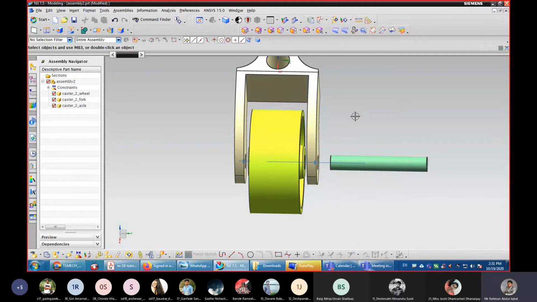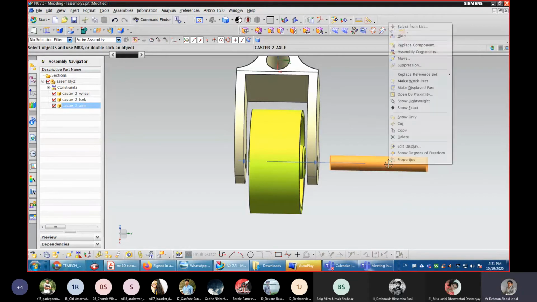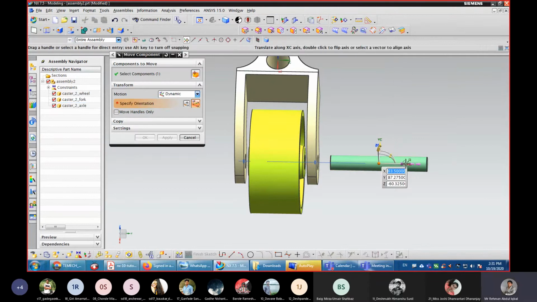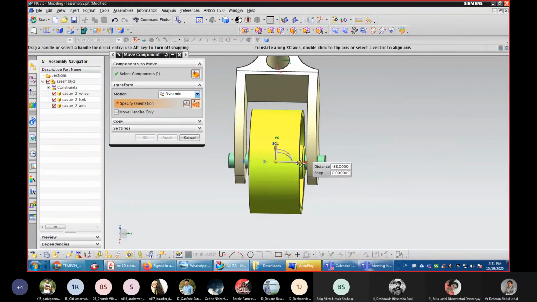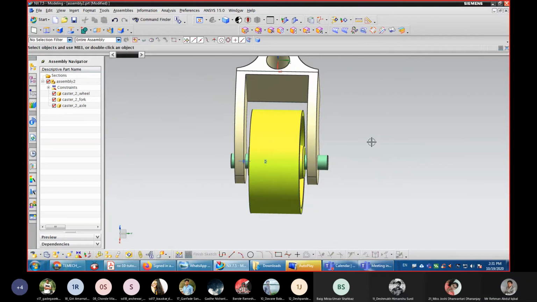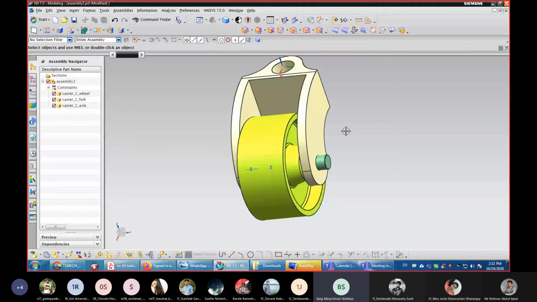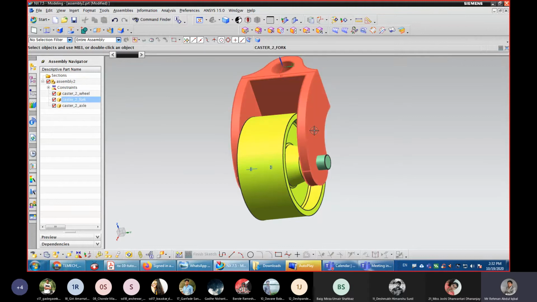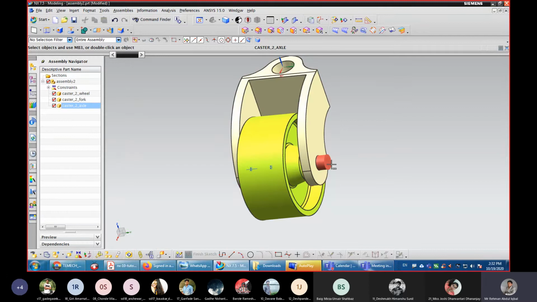82 minus 69.85 divided by 2. Tell me the answer. 6.09. So this 6.09 should be the distance from this outer face of this fork and this face of this